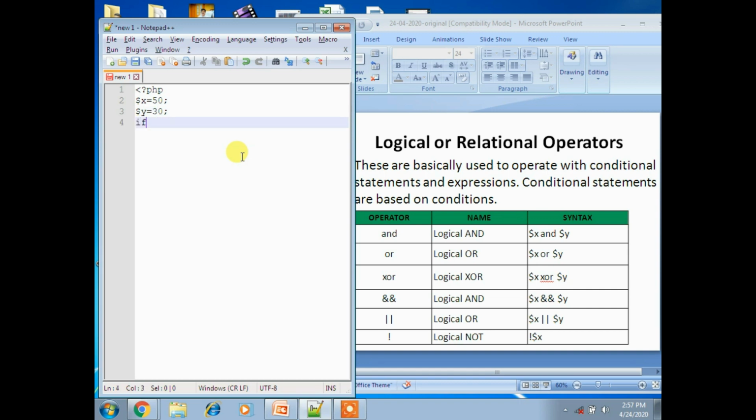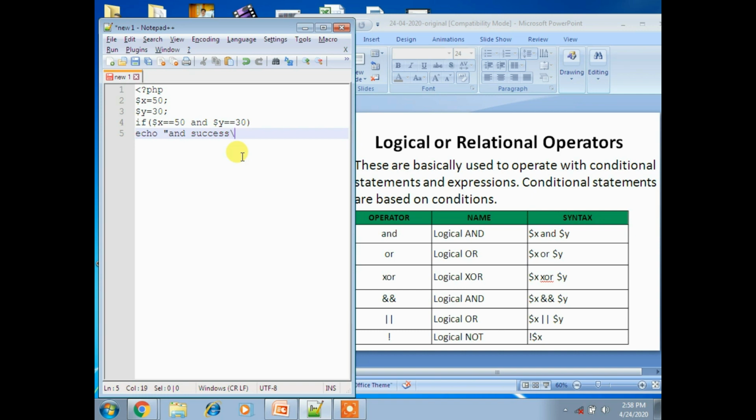Then if $x double equal to 50 and $y double equal to 30, echo "and is success".